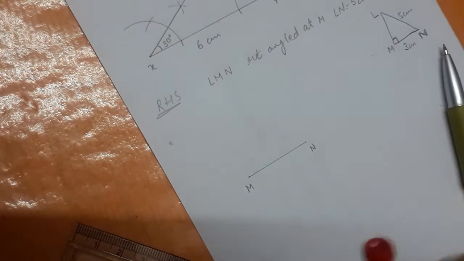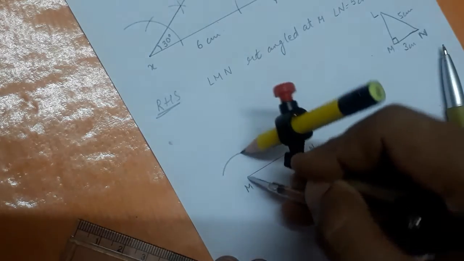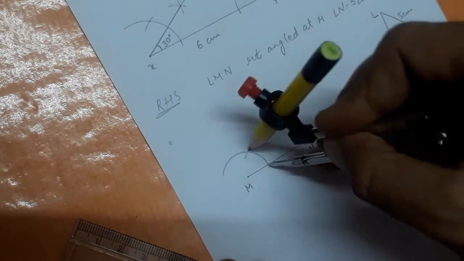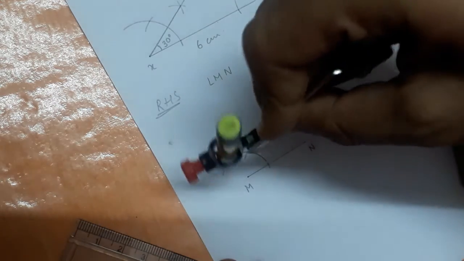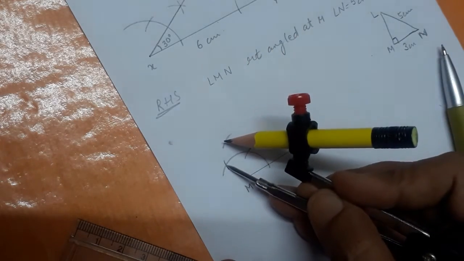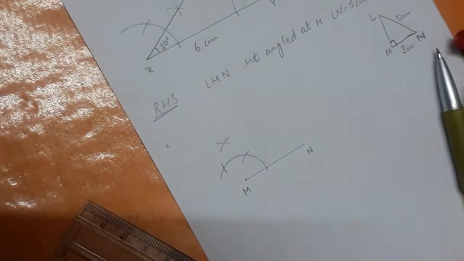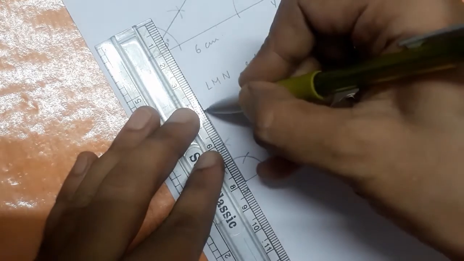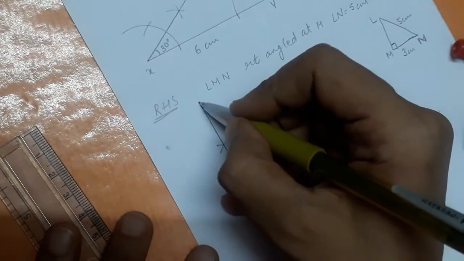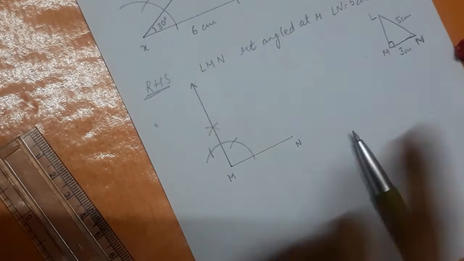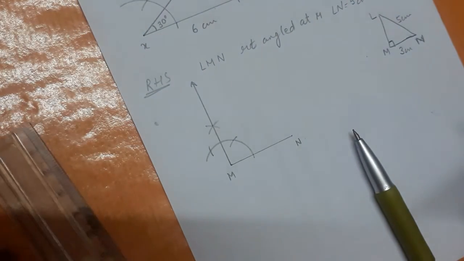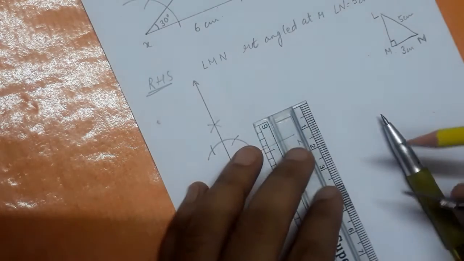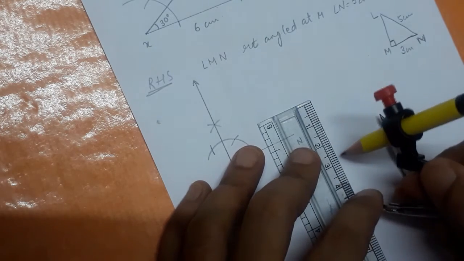Now at M we are supposed to construct an angle of 90 degree. We already know the construction of angle of 90 degree. So here we draw an arc with any measurement, cut it, again cut it, and then bisect it to get the angle of 90 degree. So this point, when we join to M, gives us an angle of 90 degree. Extend it to form a ray. Now with N as center and radius 5 centimeter, we'll cut an arc which intersects this ray at the point L. So taking the radius of 5 centimeter on our compass,